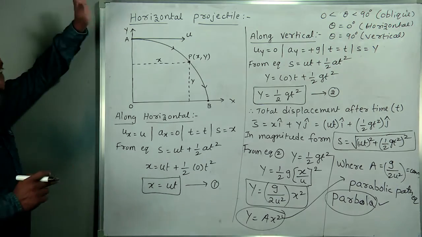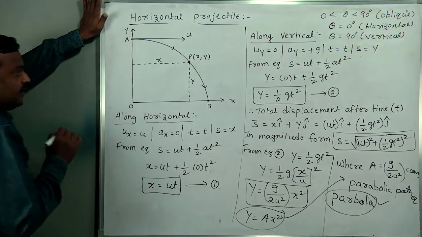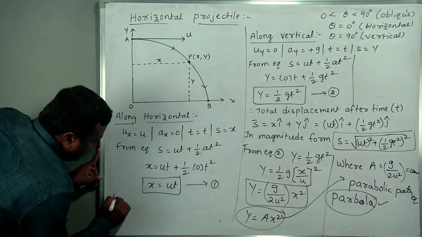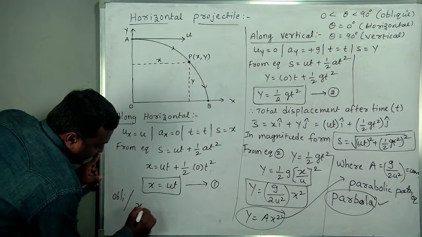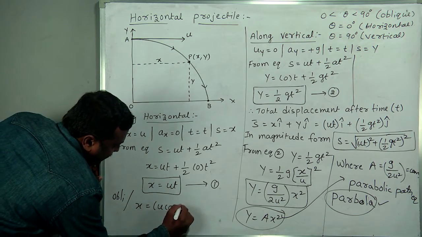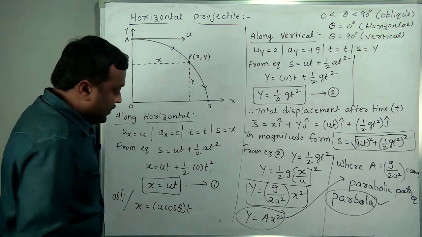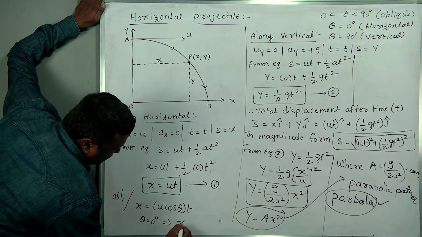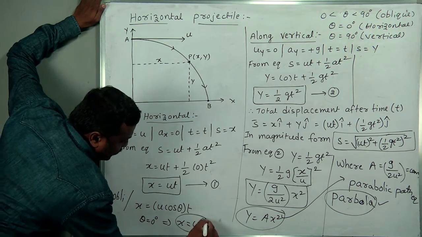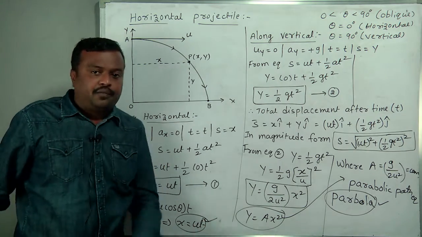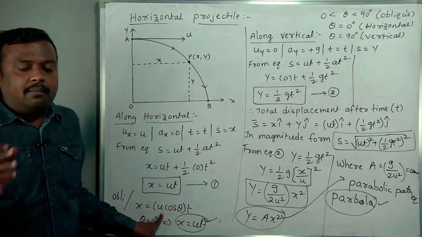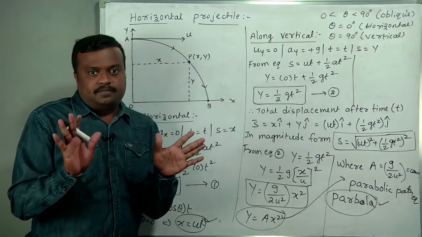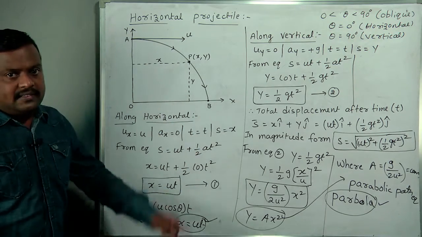See, consider the oblique projectile. Once you see the oblique projectile related equations, for this equation, x equal to u cos theta into t. See the previous lectures. Here horizontal means theta, substitute it as 0 degree. Then what we get? x equal to cos 0 ut. No need to derive again for solving problems, I am saying. If you remember oblique projectile equations, then substitute theta equal to 0 there. Automatically we get the total horizontal equations.